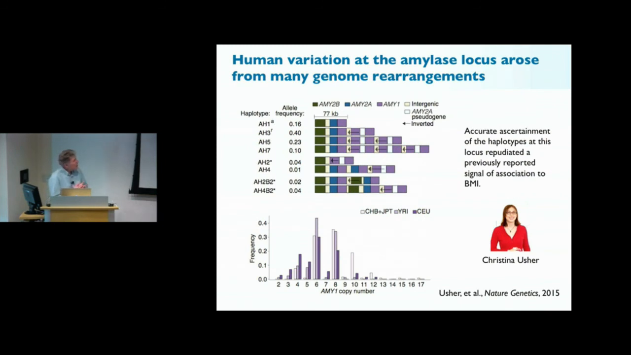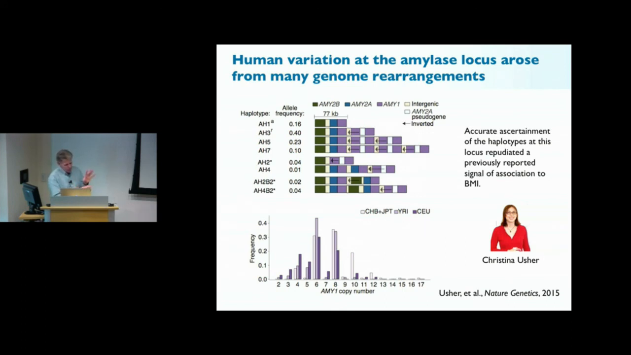Another example is the amylase locus. The amylase locus is actually a family of amylase genes, and all of them are polymorphic and exist in different copy numbers. For amylase 1, for example, copy numbers in the population range from 2 up to as much as 20 in different individuals. A whole bunch of us in this room have different numbers of copies of the amylase gene. So Christina Usher has done a lot of work in exploring the amylase locus, and we were able to show, us and a lot of other groups, that some of the early reports on an association to BMI were probably just not right because